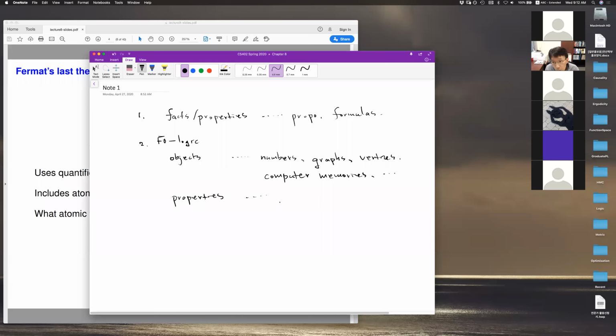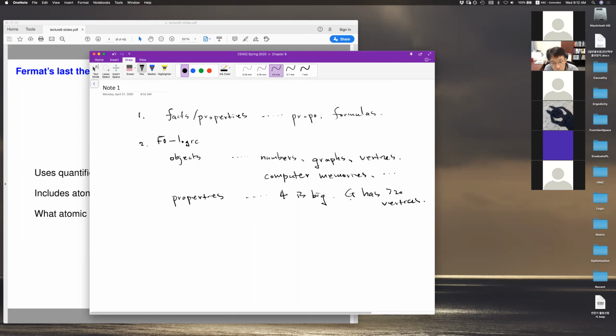These are some properties about the objects. Maybe say number 4 is big. Maybe true or maybe not true, depending on the meaning of big, but 4 is big. That's one property. And graph G has more than 20 vertices. So this is another property that we state, but you can kind of see the difference: objects are something